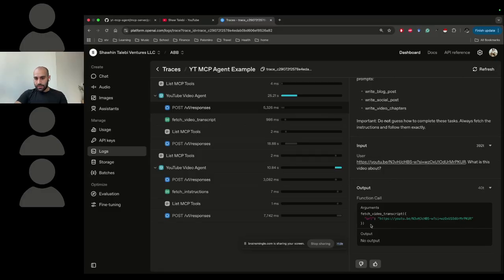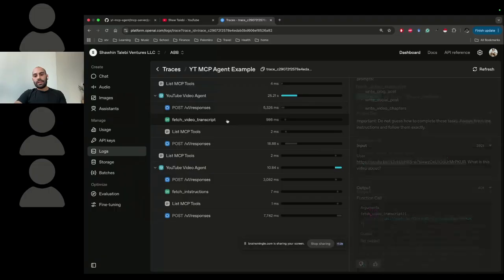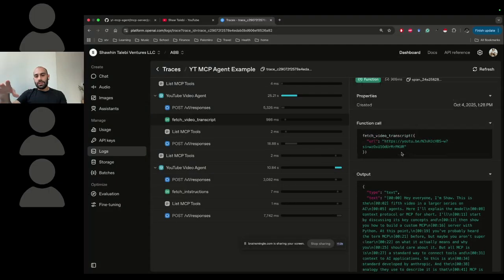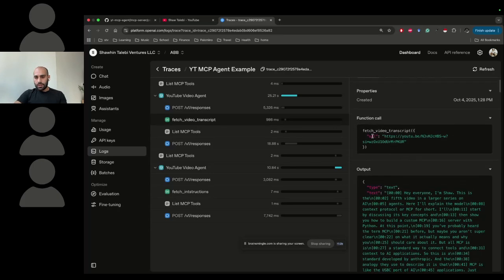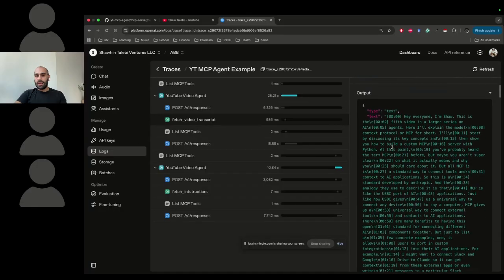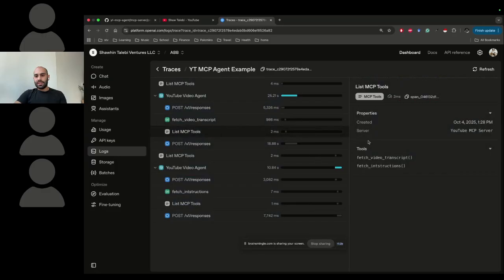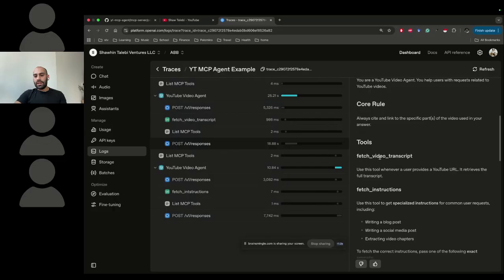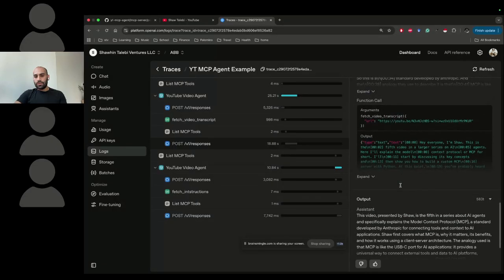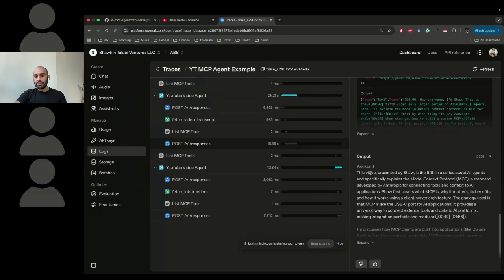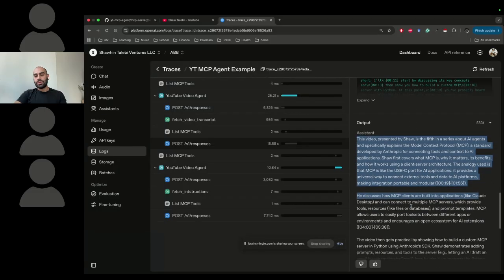And then we see that the agent GPT-5 just called the tool immediately. It thought for a little bit, and then it just made this function call, and then the agent's SDK just automatically handled this function call. So it got this text from the LLM, and then this is the output. So we have the full transcript here, and then the agent lists the tools again. And then now that the agent has the full transcript, it's able to generate an output, and then this is the output that we got.